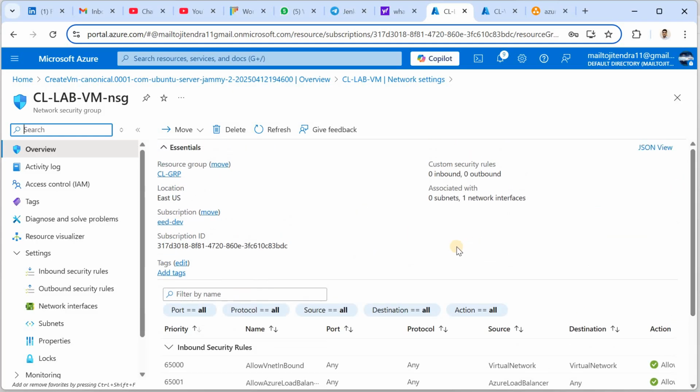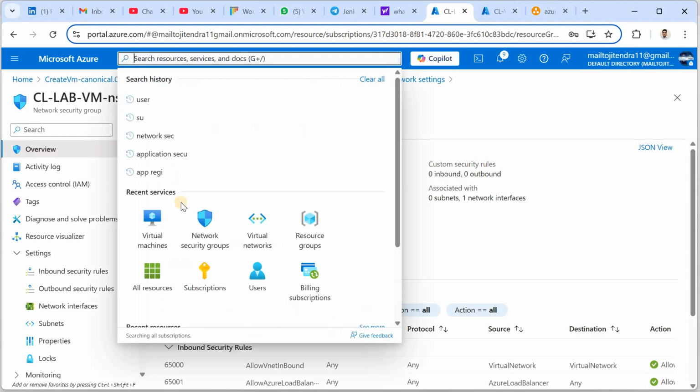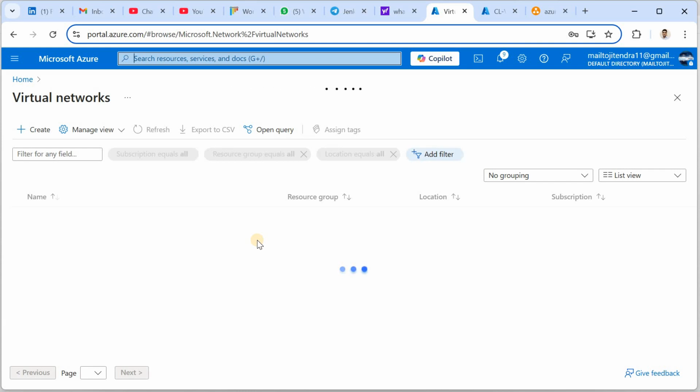Okay, by default it is created. Let me try to add. Basically this is created by default. We missed one option during the VM creation. So let me go to the VNet. I will show you. I will update our